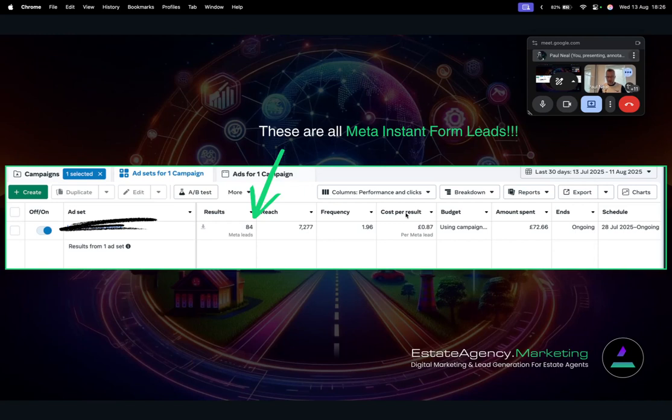Here, you see this one: results 84 leads, reach 7,277, frequency 1.96. I love frequency. That means over the last 30 days, basically everyone has seen it almost twice. I'm not very good at maths, but pretty much everyone has seen that content twice. So that is kind of retargeting. If they were to bump up this budget, and I'm not saying you do it,